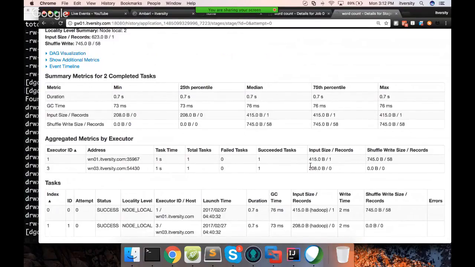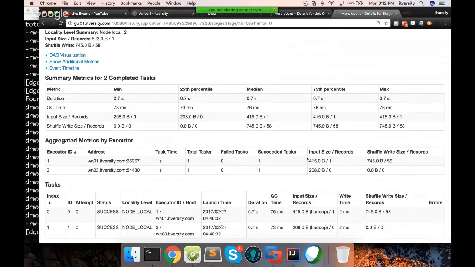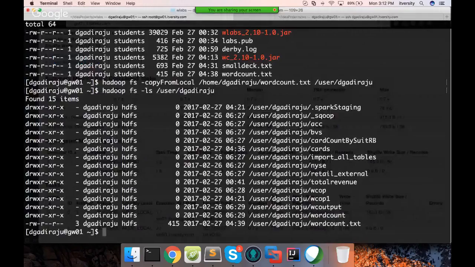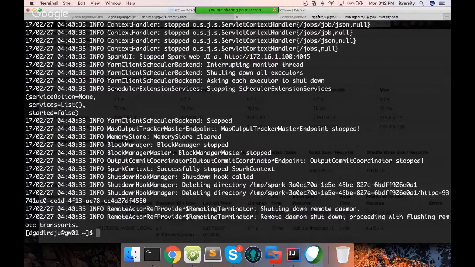So even though you can see that there are two executors, due to which there are two tasks which try to process the data, only one task actually read the complete data, the other task did not. Okay, the other task is created just because the default number of executors is 2. Now if I try to